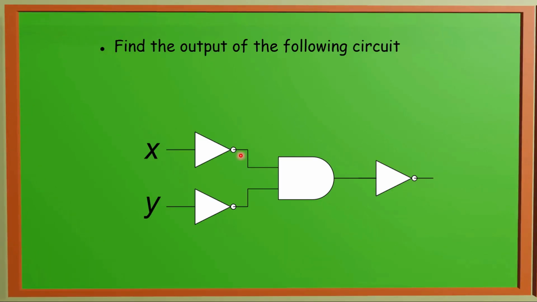The next example where we have two inputs X and Y. Both of them are connected to inverters. So at the output of this inverter we will get X bar, at the output of this inverter we will get Y bar. Both of them are given to AND gate. So what will be output at this particular line? It will be X bar dot Y bar. Right. So at the output of this inverter we will get (X bar dot Y bar) whole bar. So this bar and these both bars will get cancelled. So our answer will be XY.